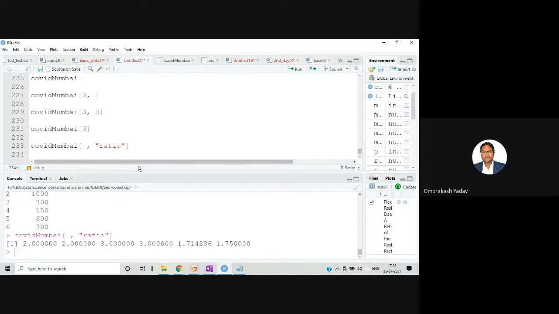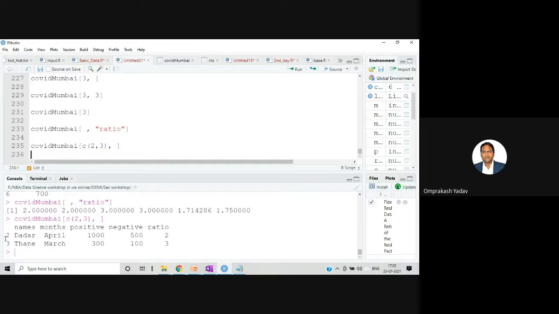Now suppose I want to get the data as a combination of, let's say, 2 rows. So what I can do is COVID Mumbai, and in the square bracket I can mention c, the combine function. Let's say I want to combine the second and third row, and I leave this one blank. It will give me the full second and third rows. So let's do that.